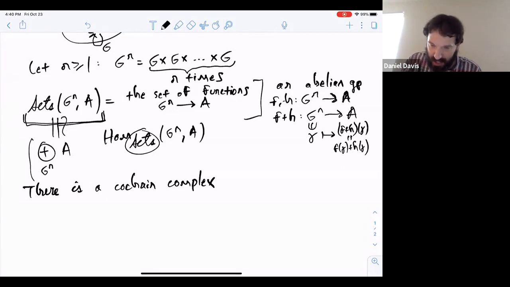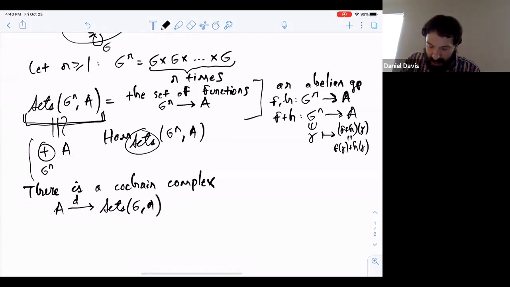So there's a cochain complex that starts with A and goes to Sets(G, A), and there's a group homomorphism here. Let's call it D upper 0,